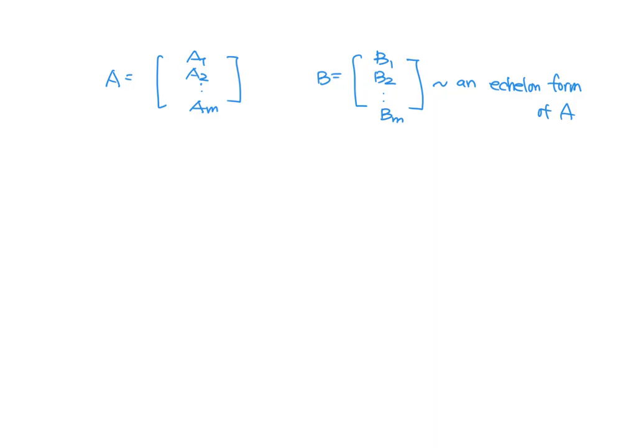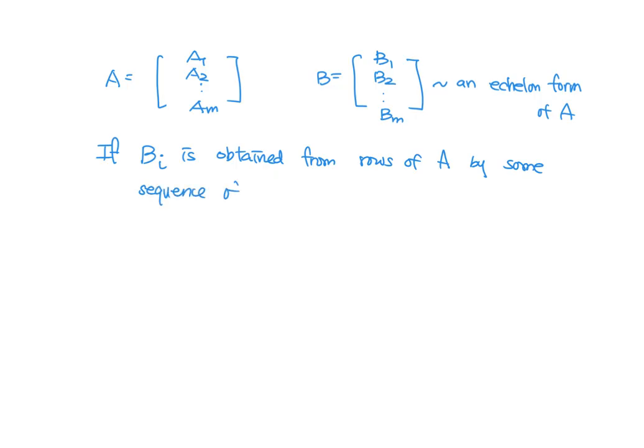In other words, if B is obtained from a sequence of row operations on the rows of the A matrix, so any row of B, say Bi, is obtained from rows of the A matrix by some sequence of row operations,